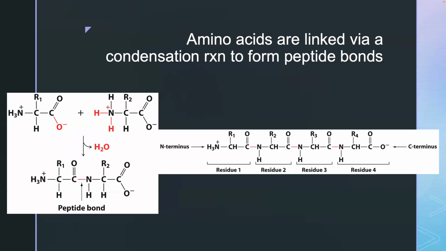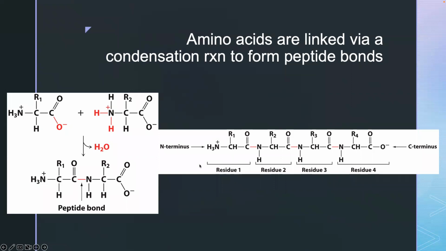And as we start to build up, so 8 to 20 amino acids, you have what's called an oligopeptide. And then when we start to get into our bigger proteins, you have above 20 amino acids, you would call this a polypeptide. And so remember that if you're looking at the N-terminus right here, what you're looking for is